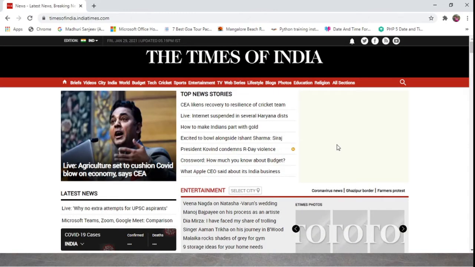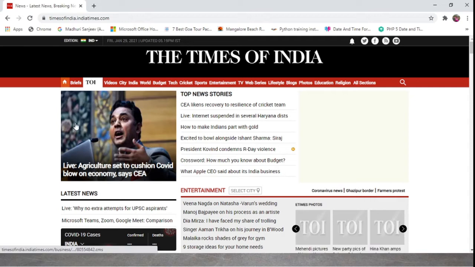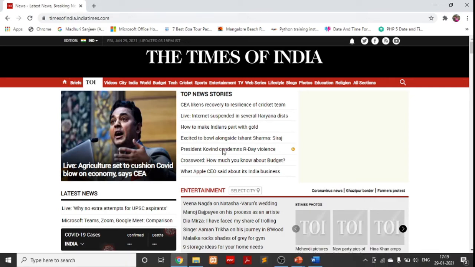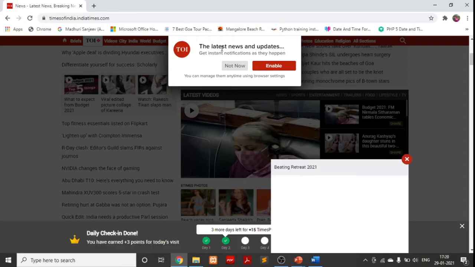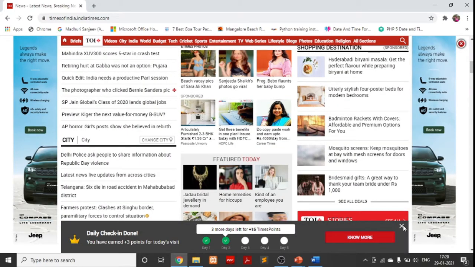I am the client. I have requested the server to open the Times of India newspaper for me, so I can see the images and content here. Some videos, and some pop-ups are coming up with the latest news and updates. All of this website is built using the client side languages.